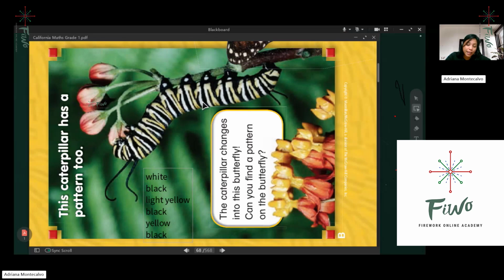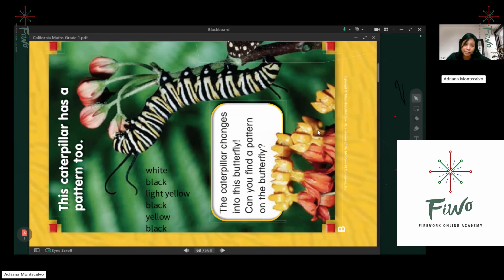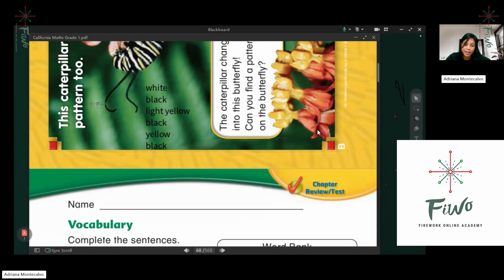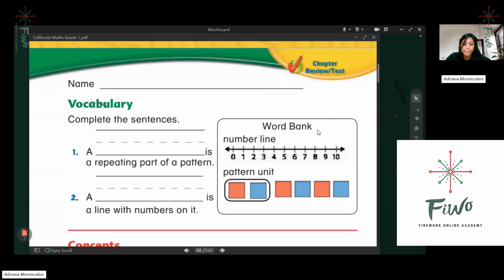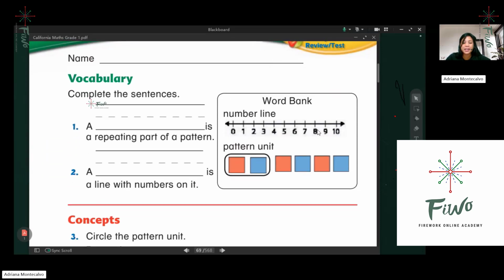White. Can you see the point? Can you see the point, Kong, here? White. White. Black. Light yellow. Black. White and black. Yellow. Yellow and then black. Okay, it's really hard to look at the patterns of the animals, Kong, but I think that's the pattern. Okay, so here,